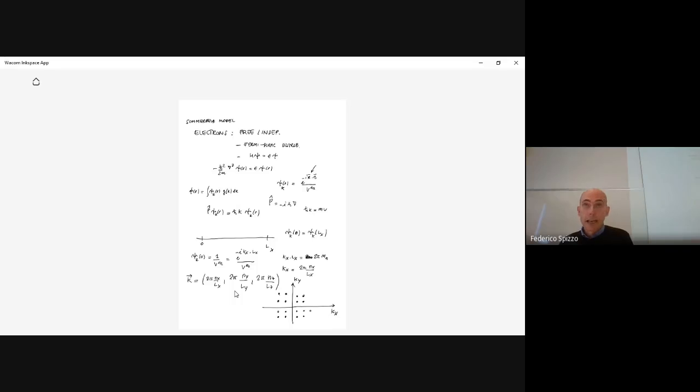And the spacing of the lattice is 2 pi over Lx in the x direction, 2 pi over Ly in the y direction, and 2 pi divided by Lz in the z direction. So let's say when you consider the problem, the solution of the Schrödinger equation for instance, hydrogen, what you found was